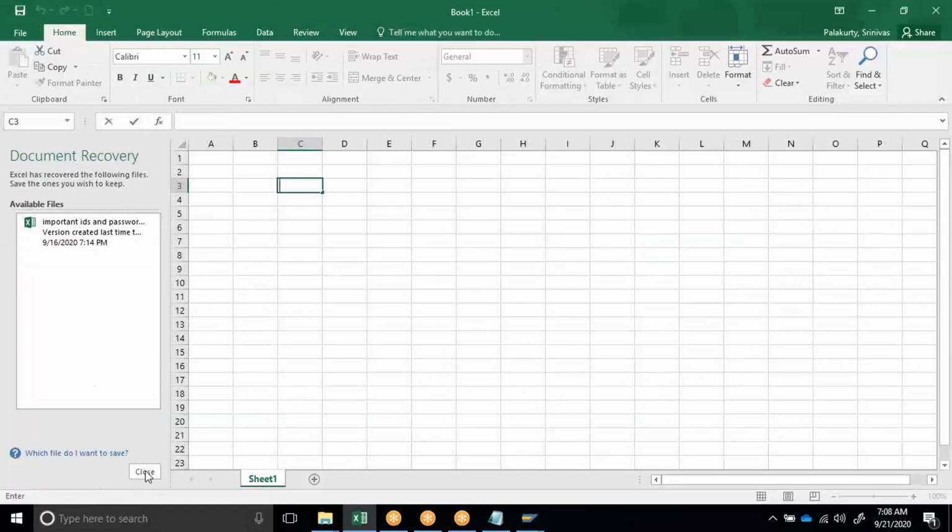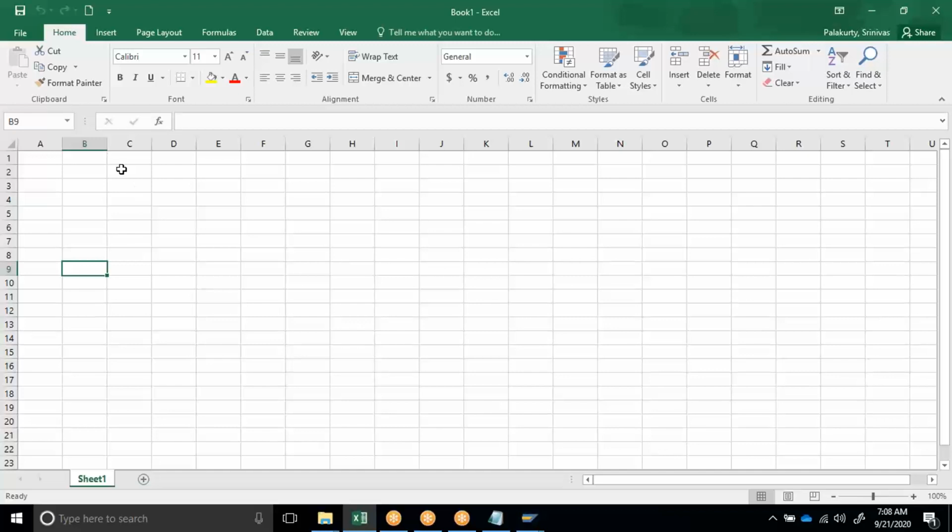I have the KNA1 table, the customer table, followed by the VBAK sales table.